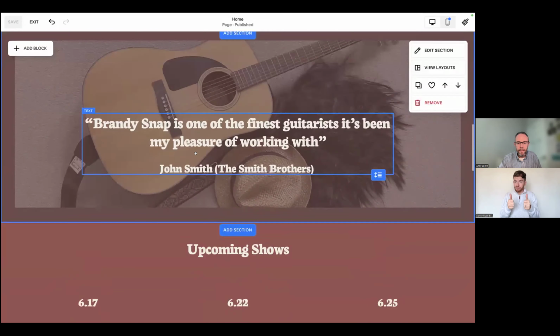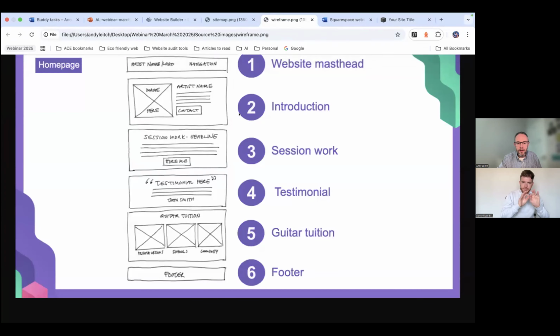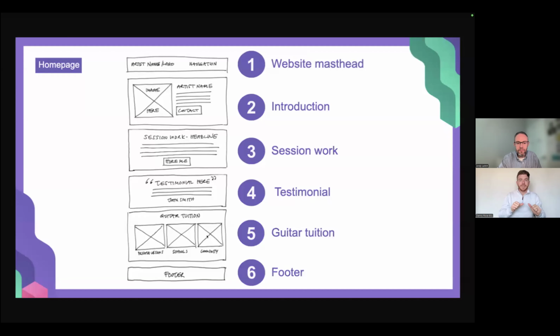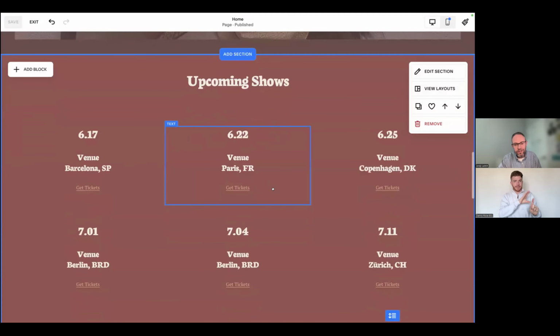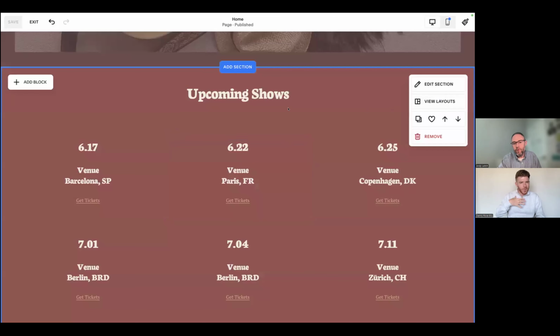Okay. Right, the next section, let's refer back to our wireframe. This is going to be the guitar tuition section. Okay, and this is composed of three blocks, if you like: private lessons, schools, and community. So let's jump back in here. So this block isn't really fit for purpose. This is showing a number of tour dates. Don't really need that. So I want to get rid of that. So if I roll over this section and I just click the remove button,